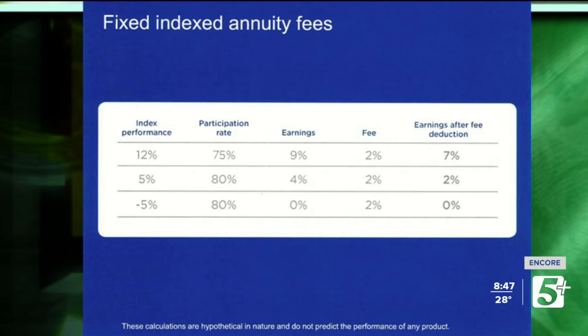And again, on the bottom line there, negative performance, no matter whatever your participation rate or fee might be, you're still 0. Okay, so worst case is 0. And then your earnings can also, the way that this works with index annuities, they have different terms, if you will. So for instance, you can have a renewal set every 2 years. Some of them are annual renew, meaning that whatever the index does over the course of a year,